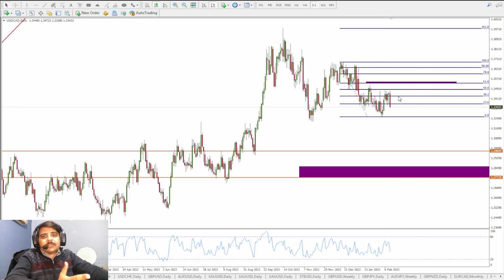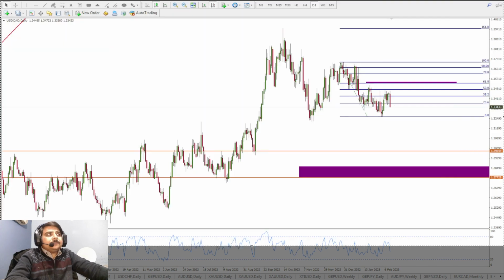So let me highlight the area. And since price never went up there, any counter trend trades are closed, some of them in profits and some of them at break even. So at the moment on Friday the market dropped very badly, and if I show you this candle,